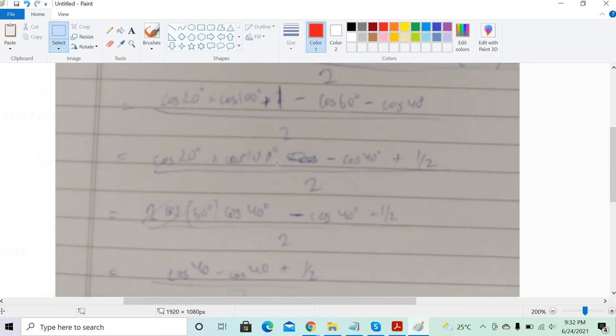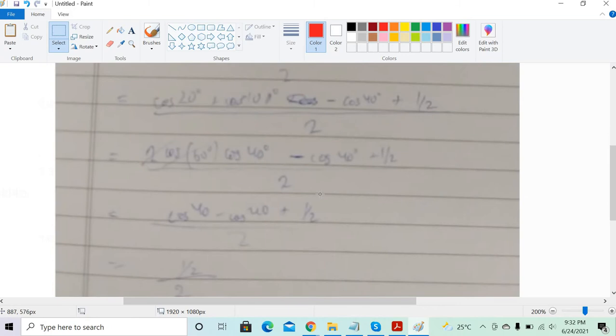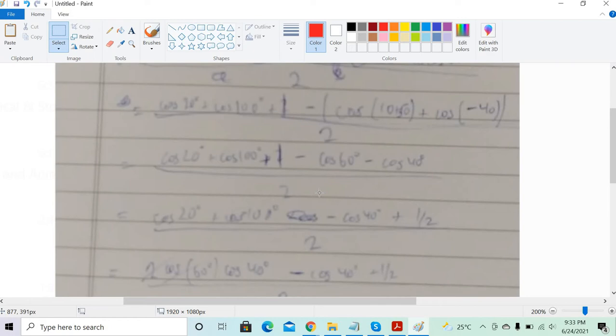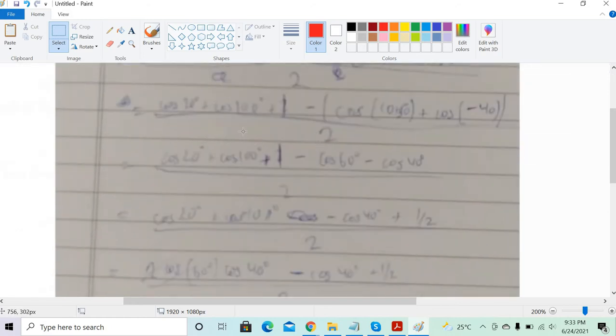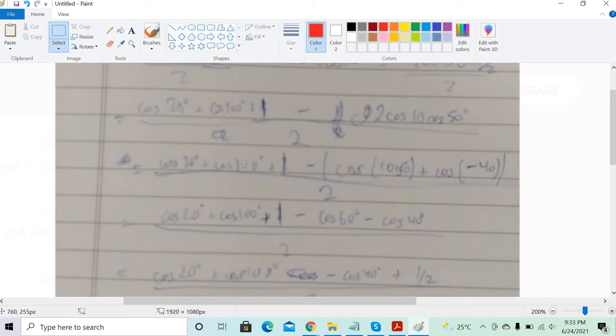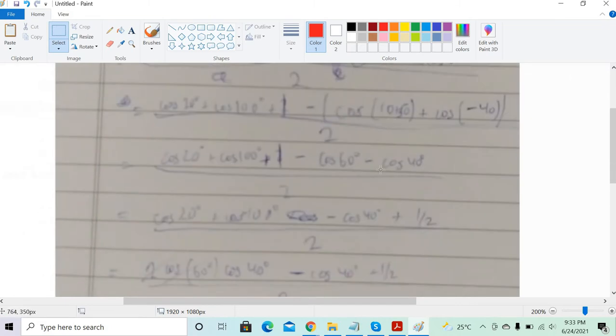So we did 100 plus 20 by 2 and 100 minus 20 by 2. So somewhere there's minus plus. Okay, no, let's see. No problem. We'll do that. So cos 20, and now after that, what have you taken here? Cos 100 is here. Cos 20 plus cos 20 and cos 40 was there. Cos 40 is there, and cos 100 is not required to take, because anyways cos 20 and 40 and cos 60, 40 and 20 we can do. Cos 60 is anyway we have to put 1 by 2, right?